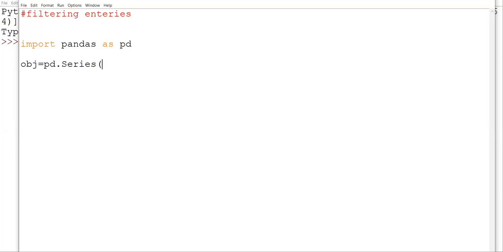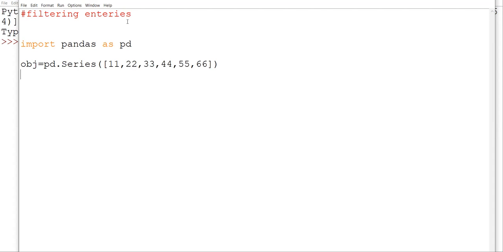Series, and then I am creating a series with 1, 1, 2, 2, 3, 3, 5, 5, and 6, 6. Okay. So first thing is filtering series, filtering entries.